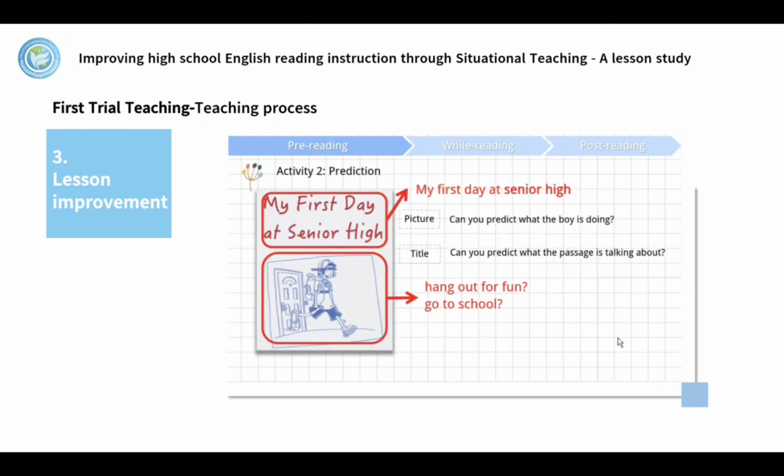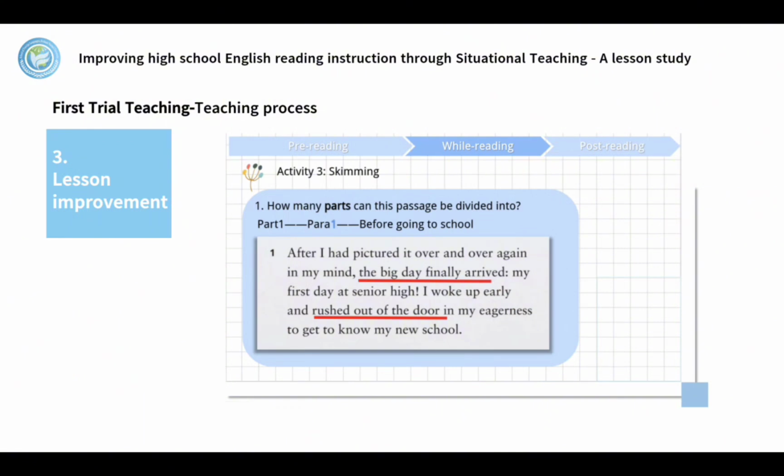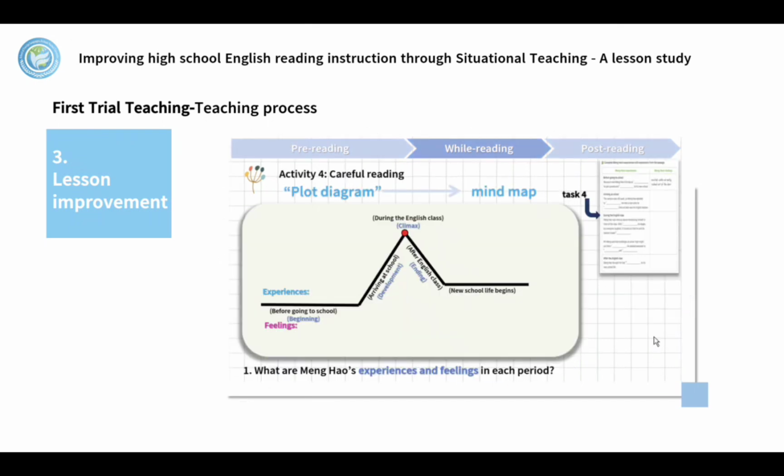And next, the teacher presented the situation picture provided in the textbooks. And then, in the reading process, the students skimmed the text to find the text type, the main idea of the text, and the main structure. And then through the guidance on quick browsing and skimming strategies, the teacher guided the students to grasp the main idea and the framework of the text.